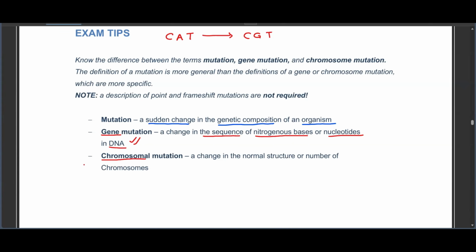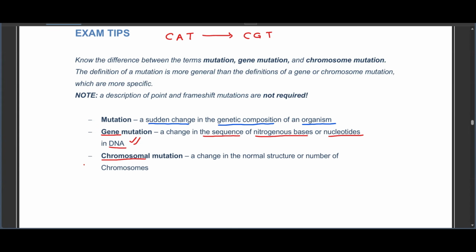So this change affects a lot because it actually results in the formation of proteins that are different from the ones that are supposed to be formed. For example, your cells right now, they are producing proteins to be able to maintain your hair, to be able to maintain your eyes, to be able to maintain the features in your body. But if a gene mutation occurs, then it means that they will no longer be able to make those proteins. Okay, so basically gene mutations, they do have a real effect on us.